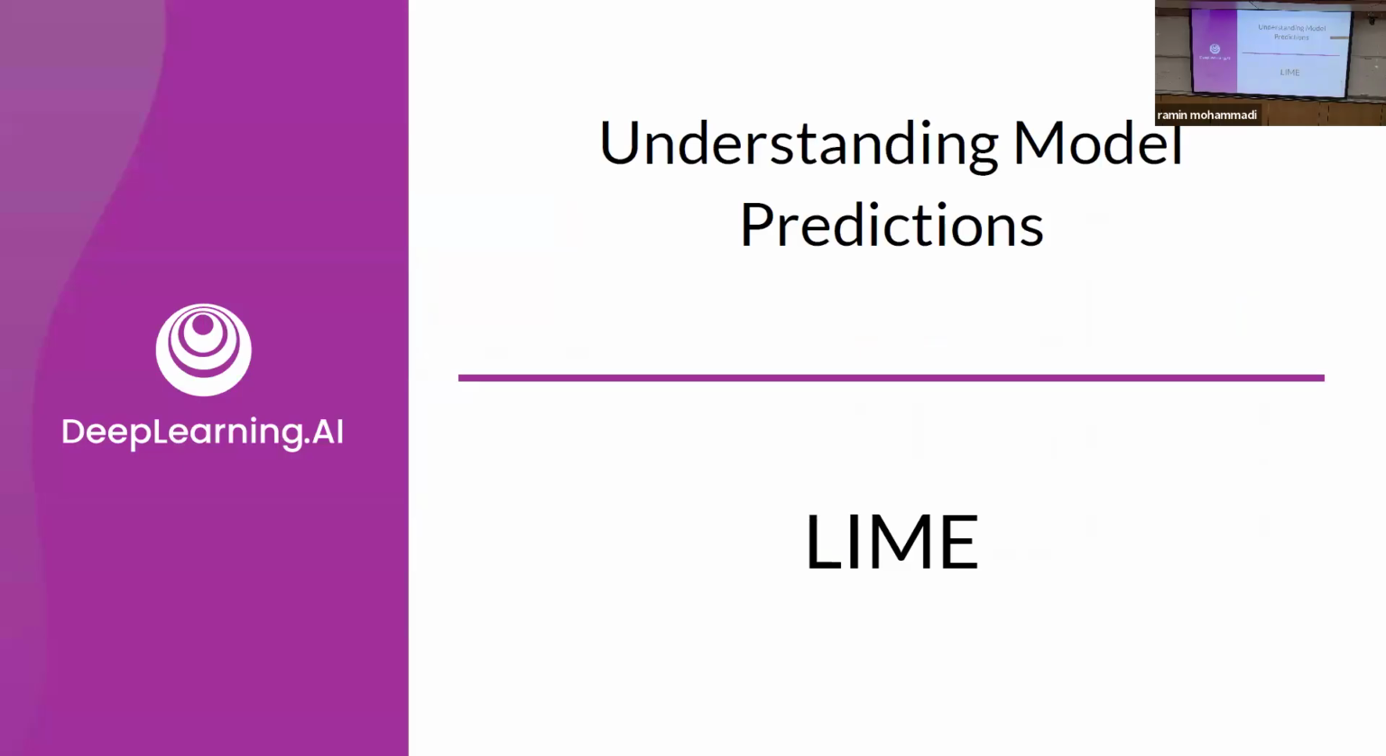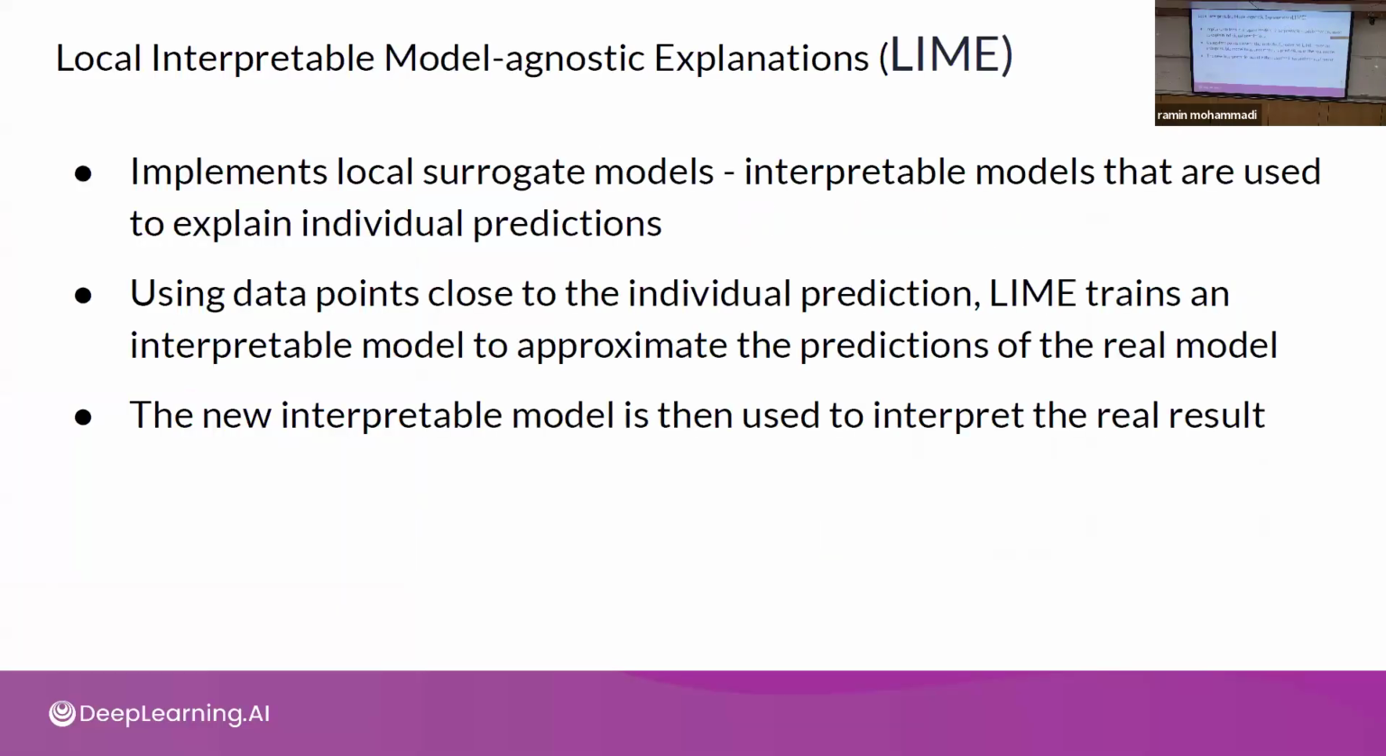Now, the next one is LIME, and LIME stands for Local Interpretable Model Agnostic Explanation. It's a long name, but it's basically a local surrogate model. So think about this. I have a model that is expensive and hard to interpret, but it's good. The idea of LIME is that I don't want to get rid of this model. I will develop a less expensive, interpretable model as a surrogate for interpreting the result of the